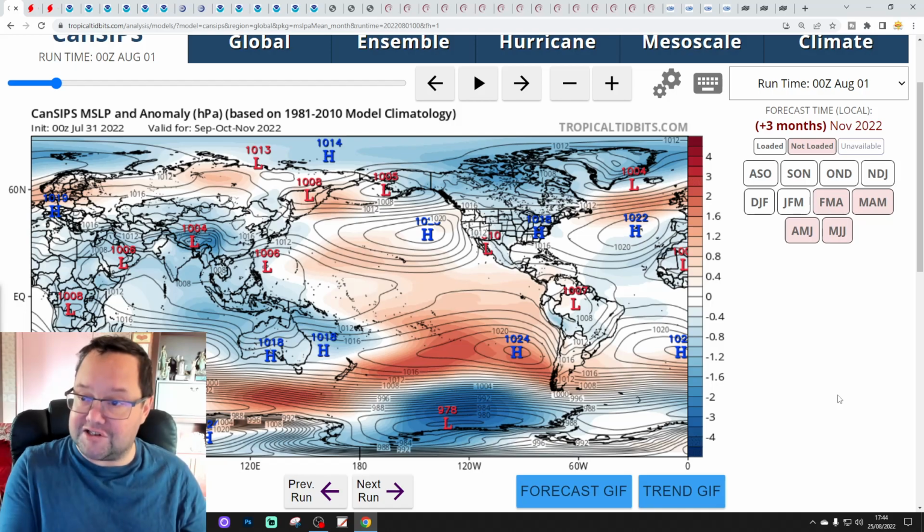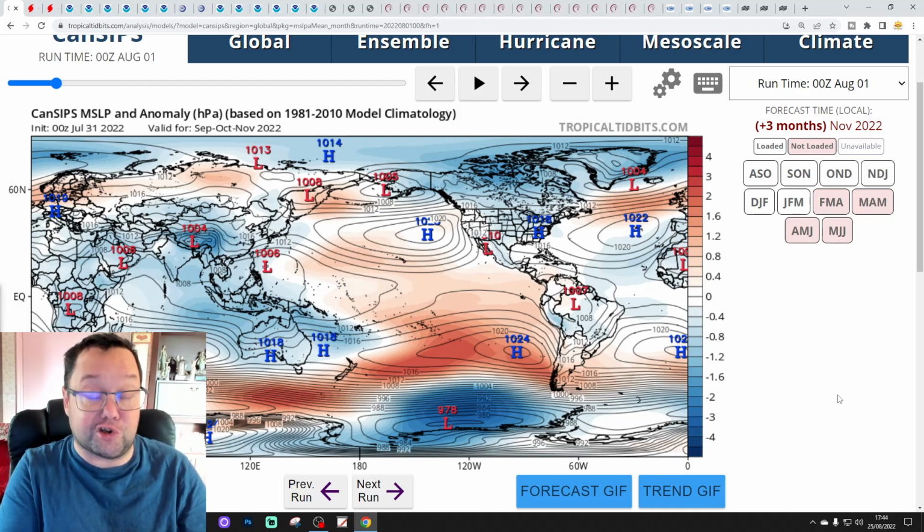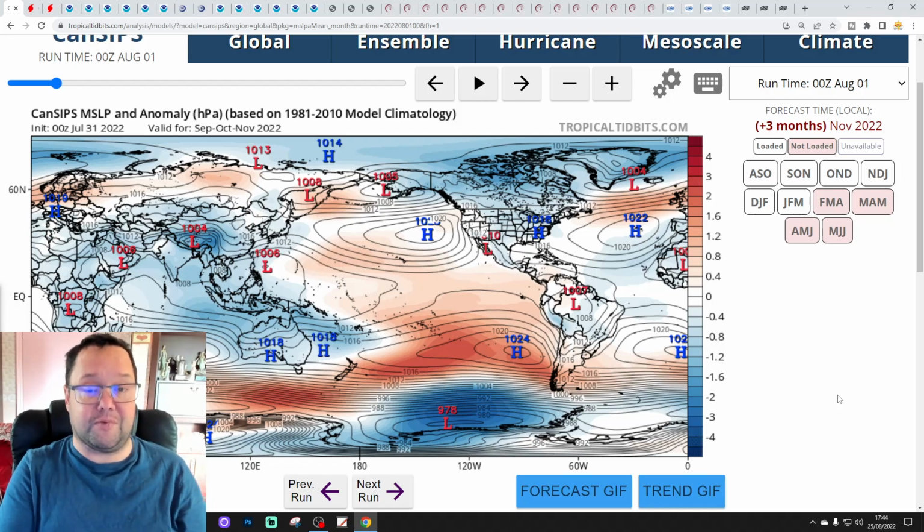So here we go, we're going to get something like 14 or 15 long-range models together, see what they're all showing for Autumn 2022 for only the second time this season, and I shall get on with that for you